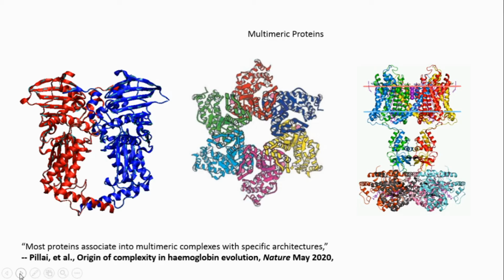So when the gene expresses, it makes a polypeptide, which we sometimes call a protein. But for the sake of clarity, I'll use the word polypeptide. When the gene is transcribed and then translated, it makes a polypeptide. And sometimes we may need more than one copy of that polypeptide to make a functional protein complex. So here are some examples of those cases.